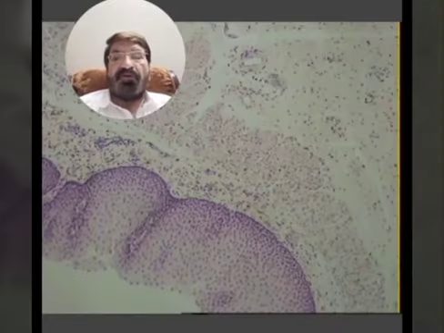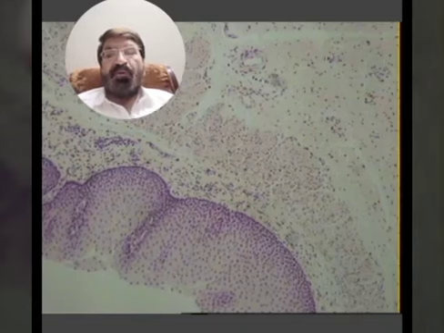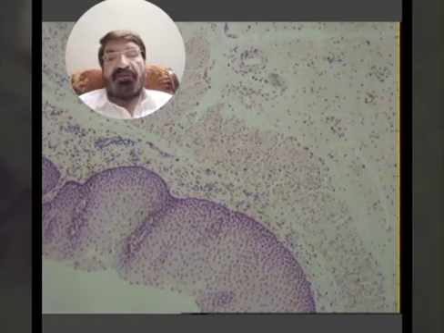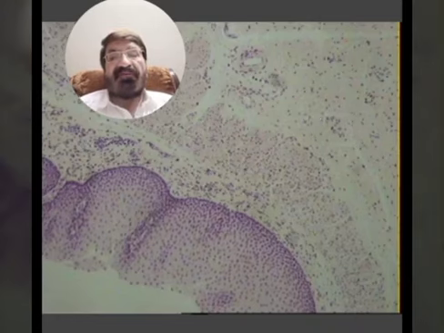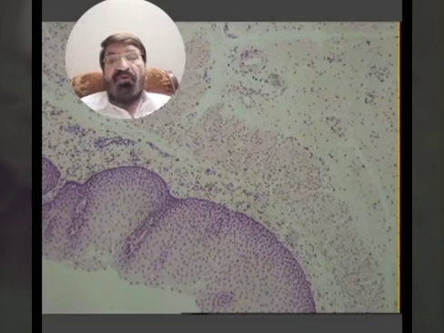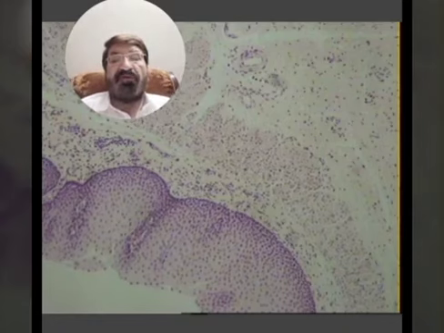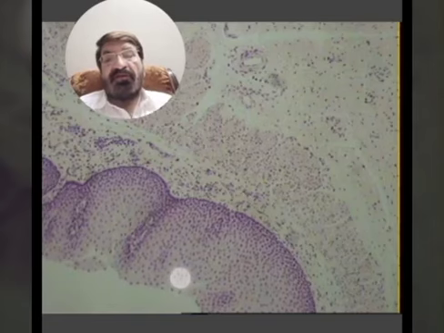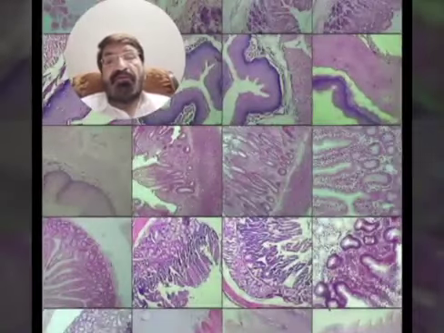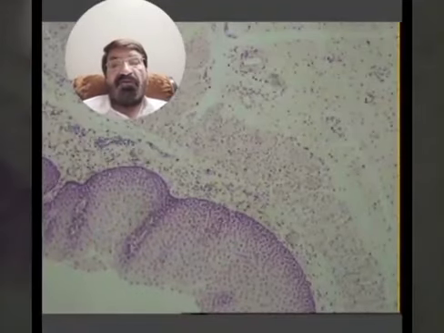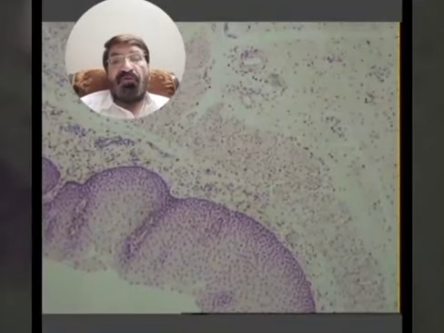This is the slide of the esophagus. Here lies the lumen of the esophagus, and from the lumen, if we go outwards, the first layer is the mucosa, then the submucosa, and then the muscularis externa, and the fibrosa. And I have told you that the mucosa of the esophagus consists of the epithelium, the lamina propria, and the muscularis mucosae. This is the muscularis mucosae. So all these three layers are known as the mucosa of the esophagus.